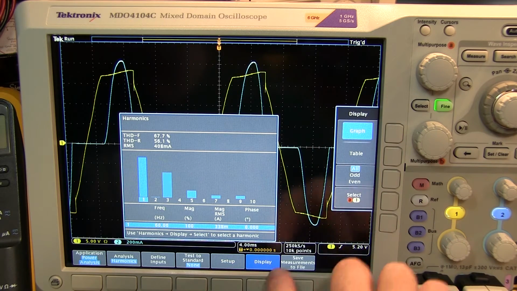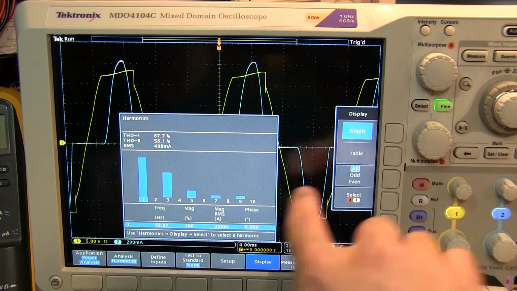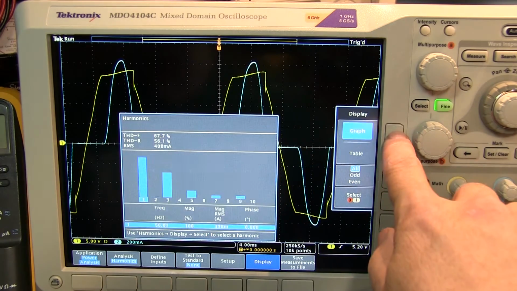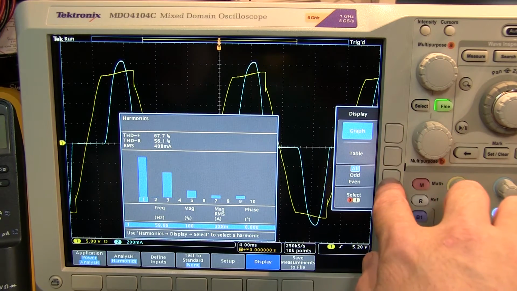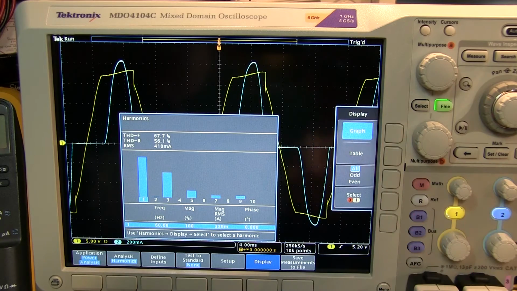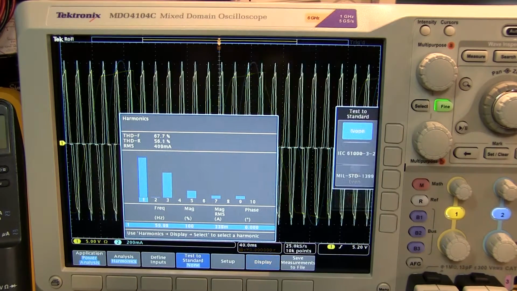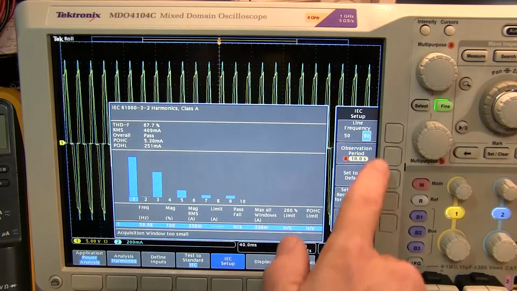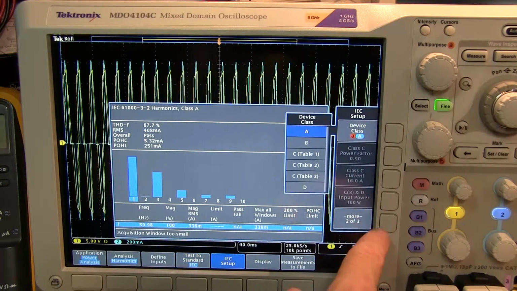And the display allows you to control whether we want to show the harmonic results graphically or in a table, and oftentimes we're most interested in just the even or odd harmonics, so we can actually choose to look at just one or the other as opposed to all of them. When testing harmonics to a given standard, the setup key allows you to change the parameters and limits per that